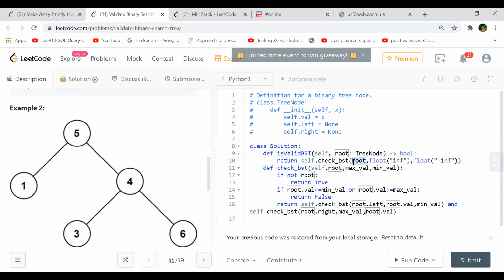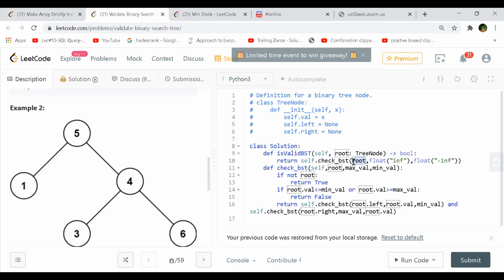The first approach can be we just check the current node with the root node. But that will fail in some of the cases. Since we know that all the values in the left subtree have to be less than the root value, and even the right subtree values, this method of comparing the left value of a root node and the right value of the root node will fail in some of the cases.